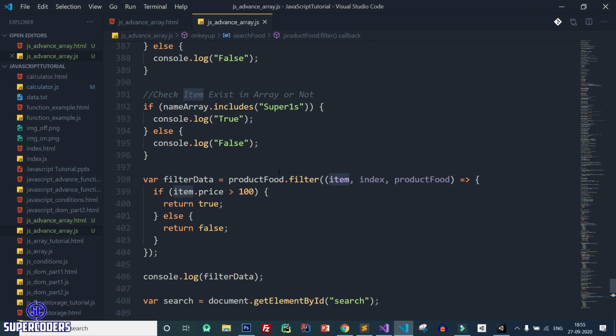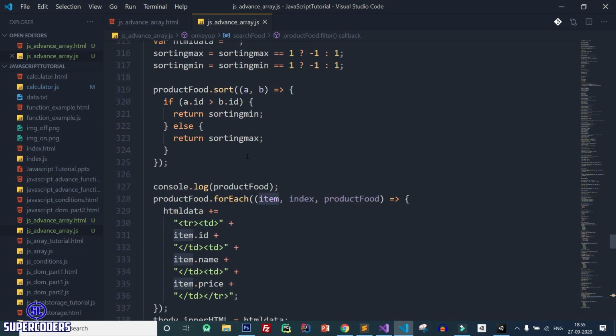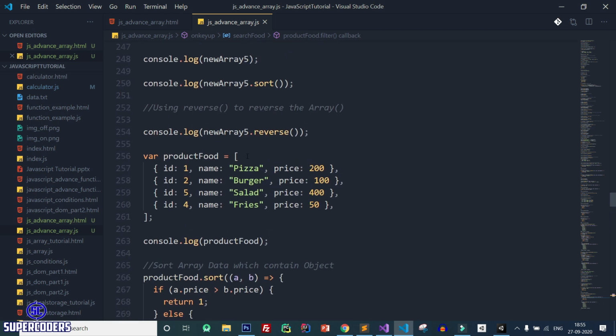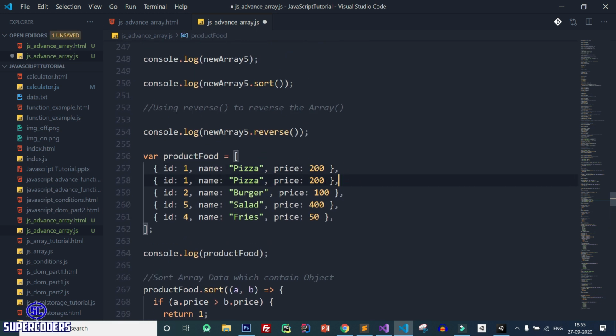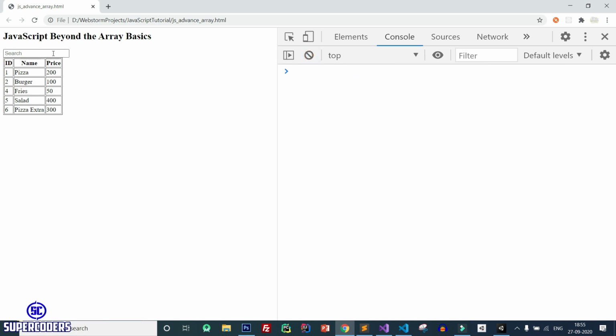Now let's see if I want to modify some items and add one more item, like pizza extra, rate is 300, ID is 6. Save it, back to Chrome, refresh page, and let's try again, clear the console.